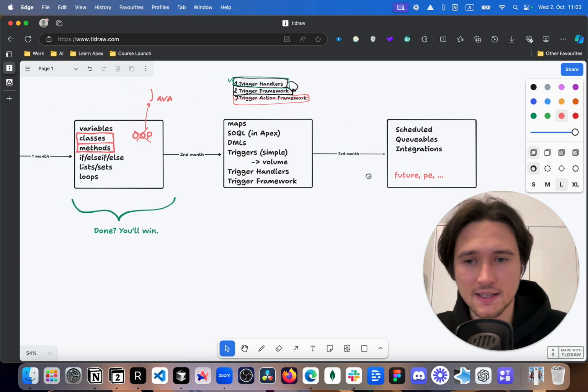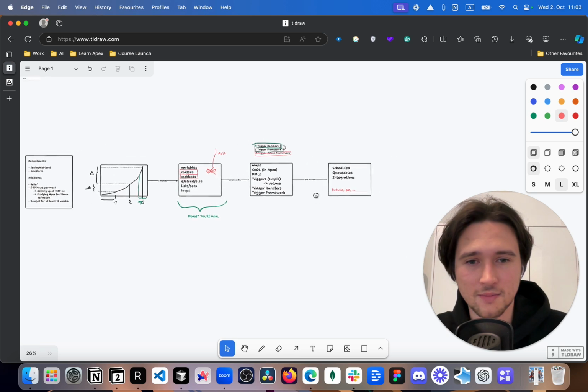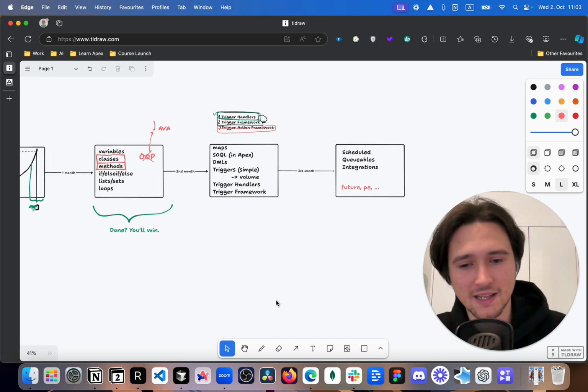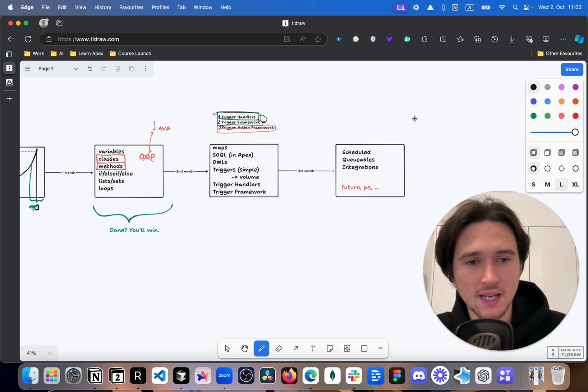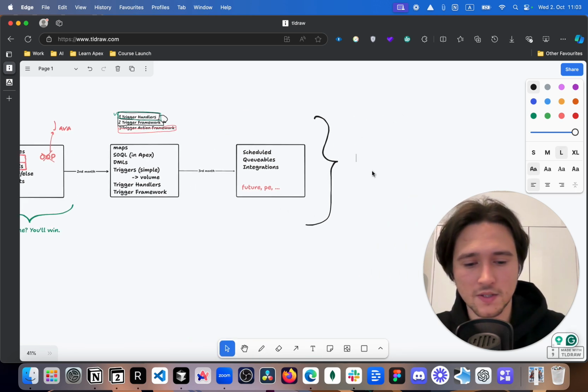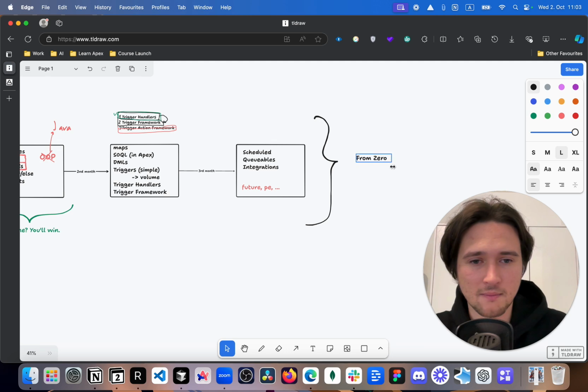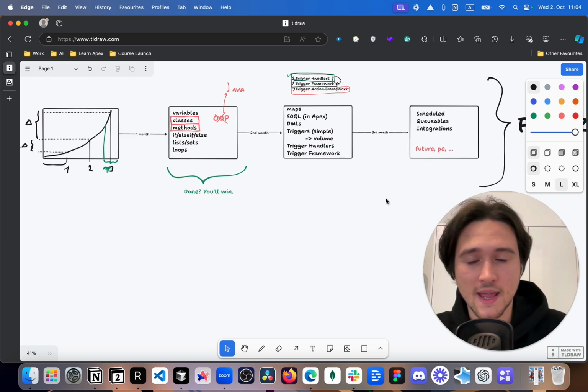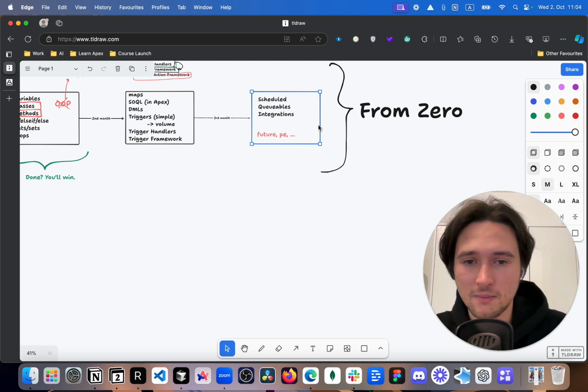All right, so this is your path to basically finishing Apex in like 3 months. Now, this was a case of someone who started from complete zero. But I also have students who started not from zero. And the biggest difference is that they don't have to go through this part of the process, so they basically skip 1 month. So they have an additional month. And this is what I'm gonna show here.